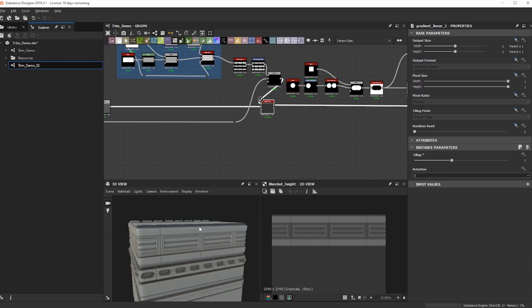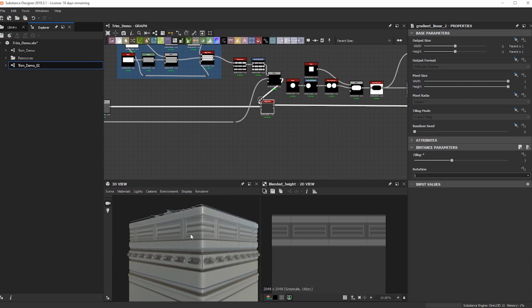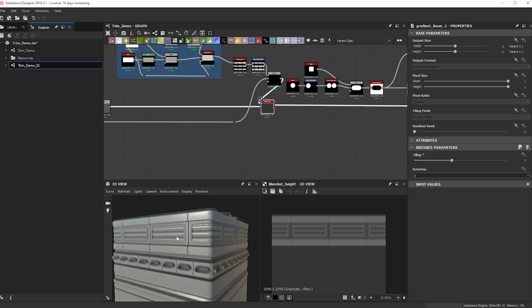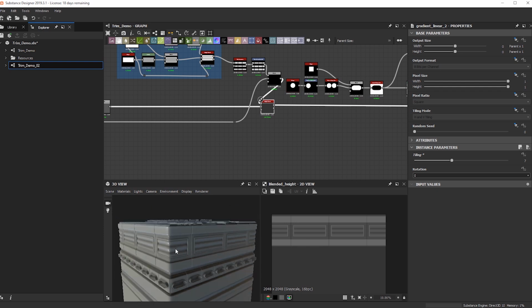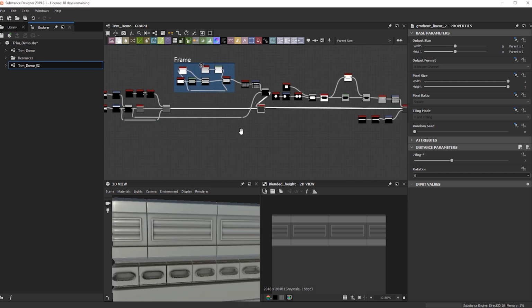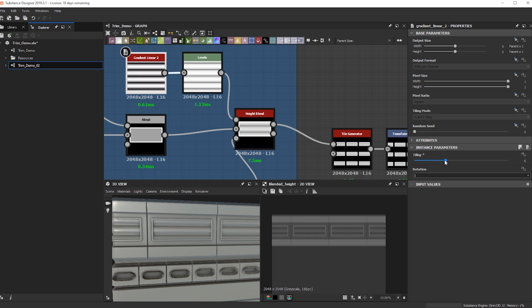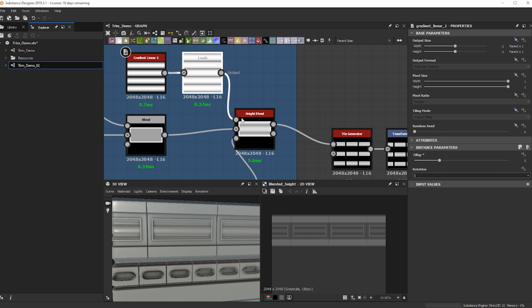Yeah, nice. So this is giving us some interesting looking effects here. So you can either make this look like a vent or maybe some tubes. It looks like just the way we're multiplying the tubes, it looks a little strange. So a quick way to fix that is we are tiling it quite a bit here. So if we just bring down the tiling a bit, maybe that'll give us a good kind of result.